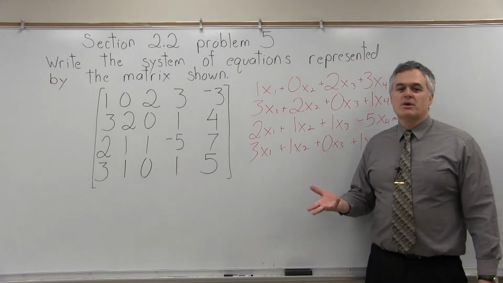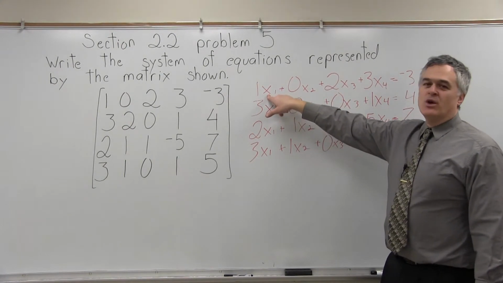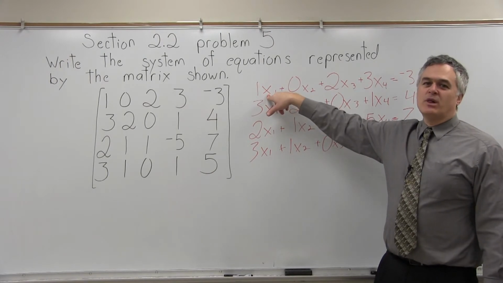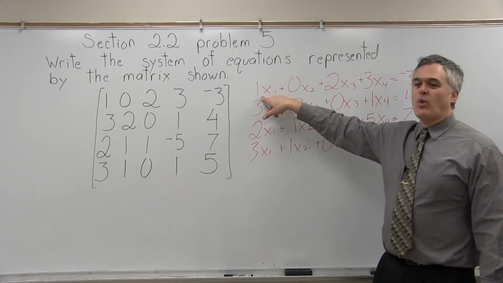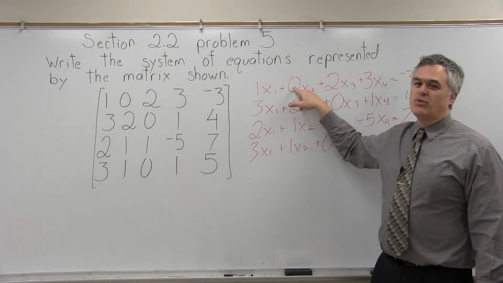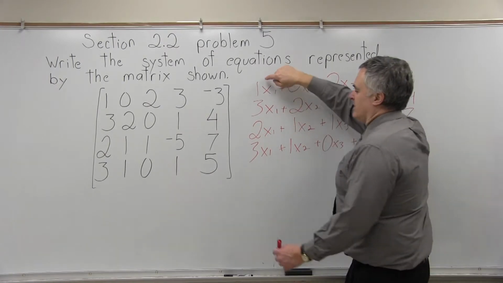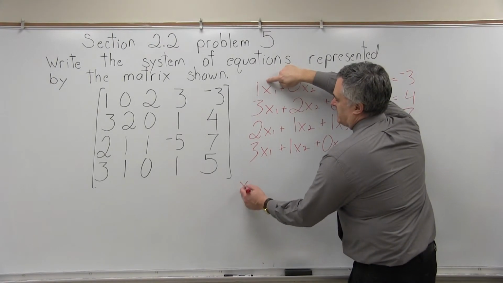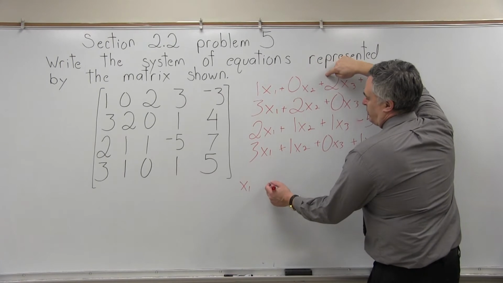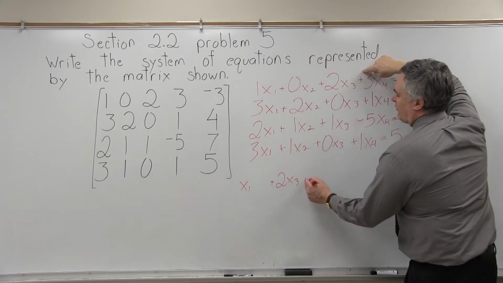Now, these are the equations represented by that matrix, and this answer really is correct, but it's not written in the most common way that you could write it. For example, in this top equation, where there's a 1 in front of my variable, I ordinarily wouldn't write the 1. And for the x2, where I have a 0 in front of the variable, I probably wouldn't write that at all. So a more common way to write it, the top equation would just be x1 plus 2x3 plus 3x4